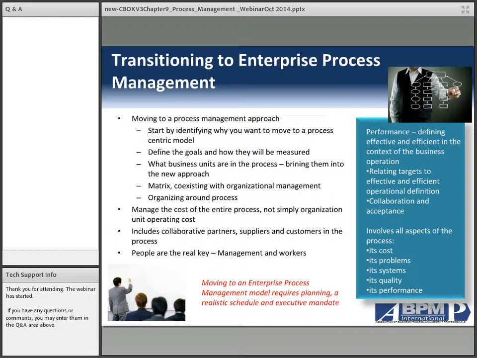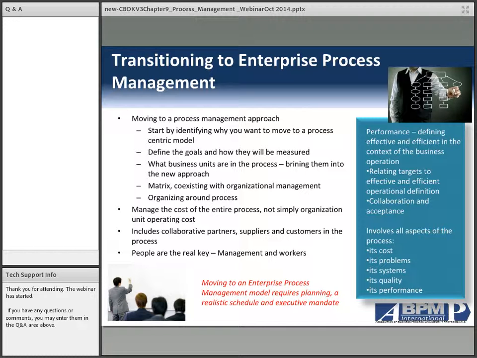The foundation, though, in order to get it going, in order to put together something that you can sell to executive management, is that you really need to start by identifying why you want to do this. What's the value of it to the company? It's not always easy to define, and as you're starting to move into it, that's where talking to other companies that might be a little farther ahead than you are might become valuable, because they might be able to help you define the value.